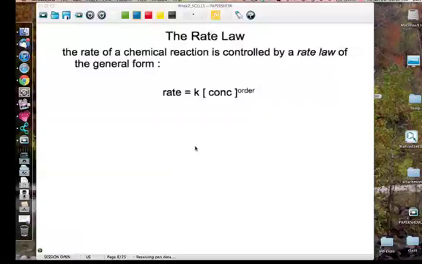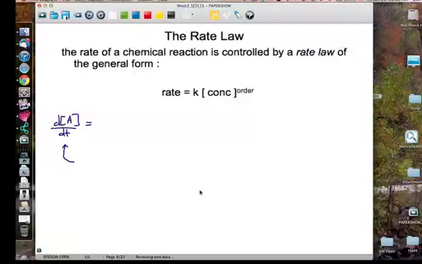So what is the rate? What is a rate law? I've been able to talk about this in a number of cases. It's that change in concentration of whatever we're going to look at as a function of time. And it turns out that we can express this rate law at any given point. We looked at a particular instant. But it turns out that that rate is always a function of the concentration